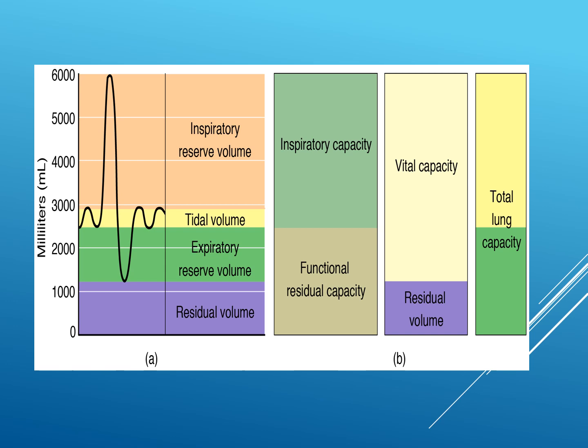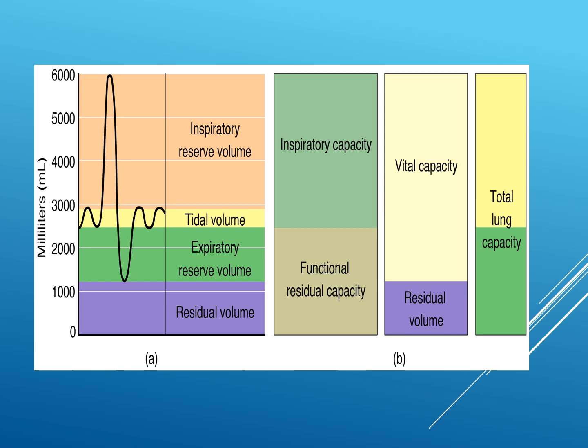And the expiratory capacity. Expiratory capacity is the maximum volume of air that can be expired after normal tidal inspiration. So from here, after normal inspiration, tidal volume and expiratory reserve volume, both combined will give expiratory capacity. Which is about 1100 plus 500, 1600 ml in a normal adult male.